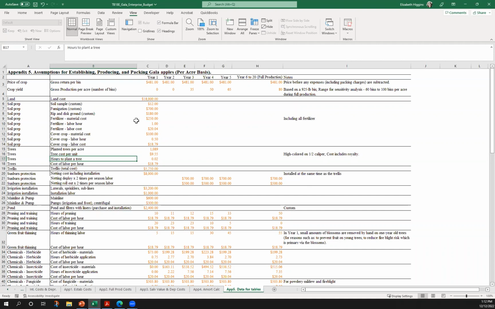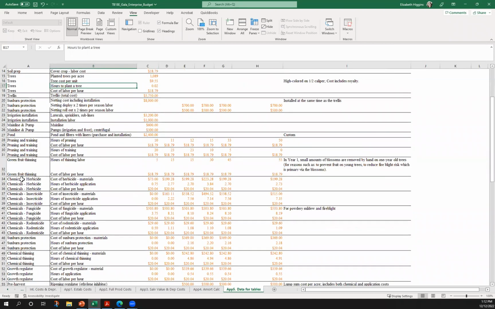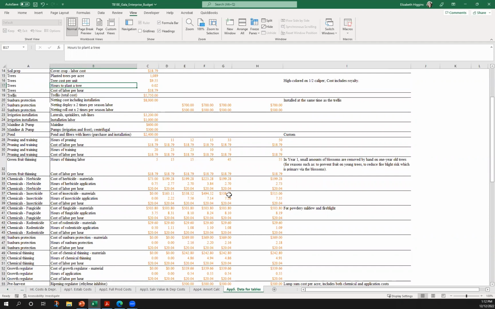The other thing that you can do is change things, if you wanted to add specific herbicides or whatever.